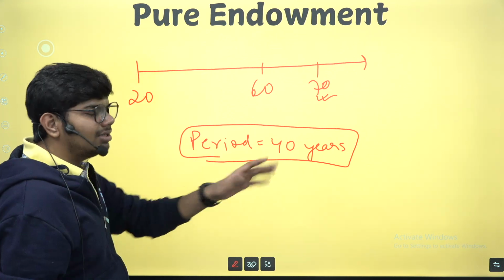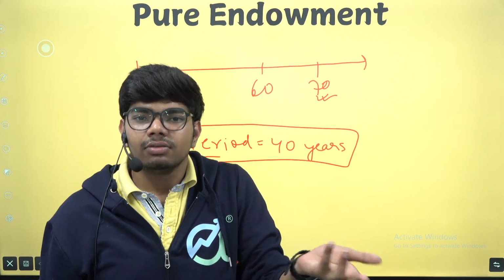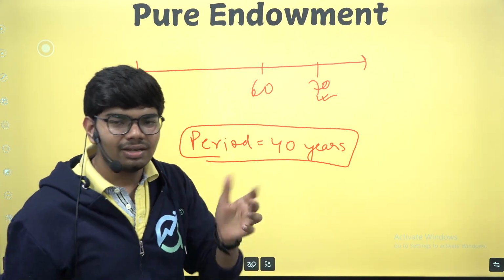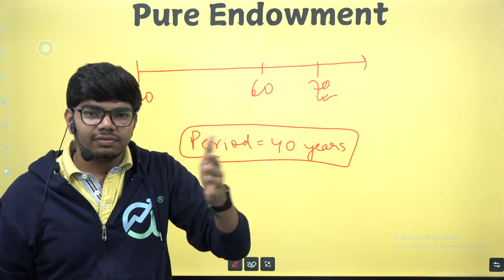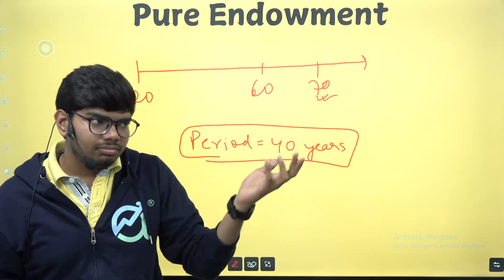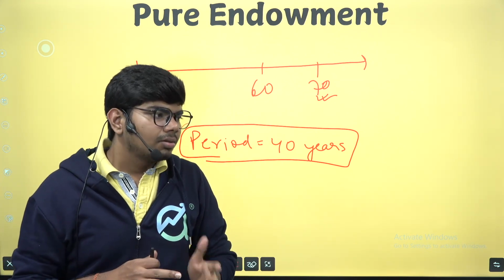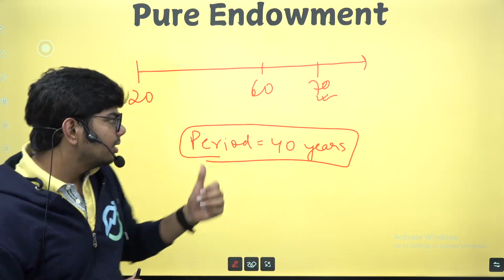So the insurance company is saying, no, that won't happen, you will die within 40 years. So we are saying, okay, then fine, let us make a bet. Now, instead of calling this a bet, we call this an insurance policy. Obviously I'm paying the premium for it, maybe a one-time payment, or maybe an annual or monthly premium. But now the agreement between me and the insurance company is this: